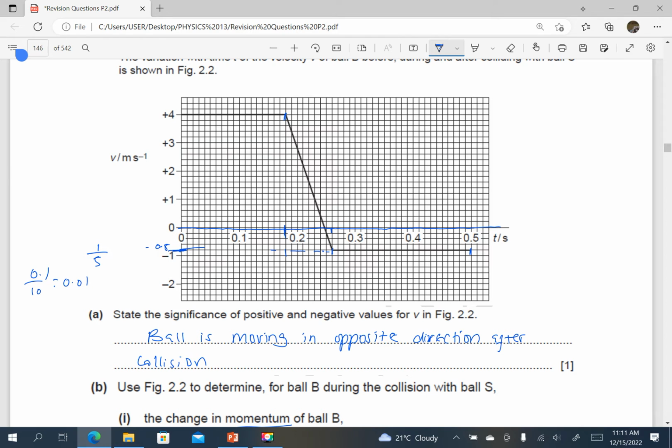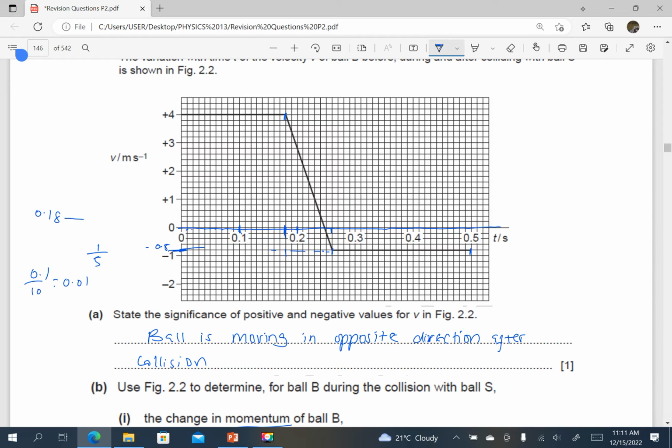So here we have 1, 2, 1, 2, 3, 4, 5, 6, 7, 8, 9, 10. That is 0.1, 0.2. So we are starting from here. That is 0.18